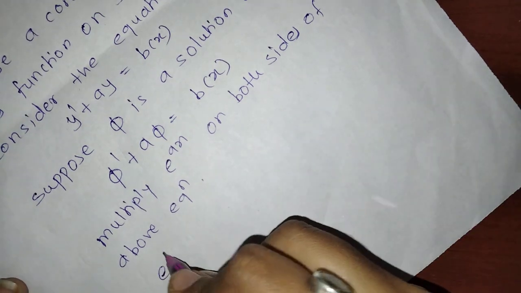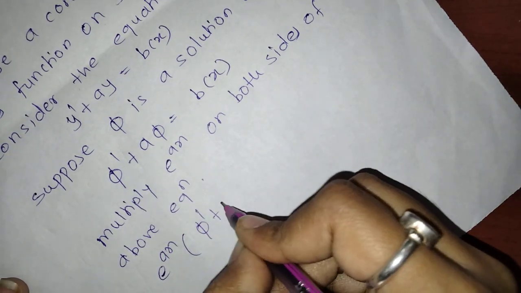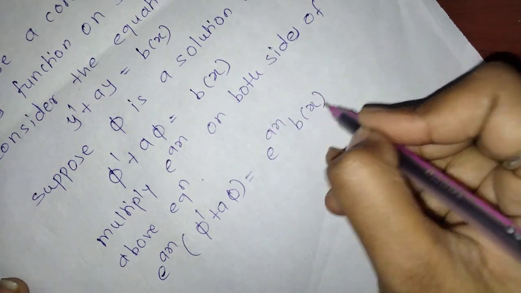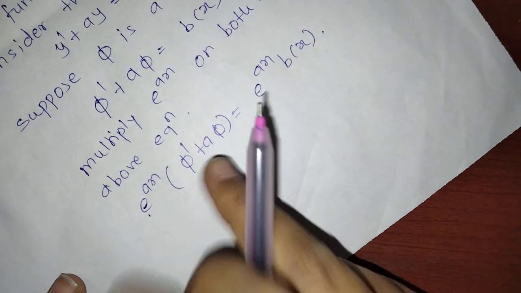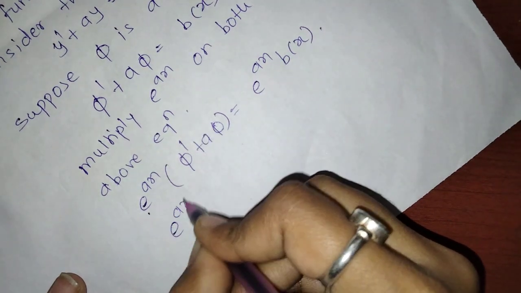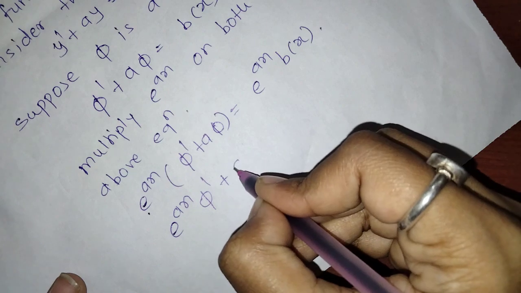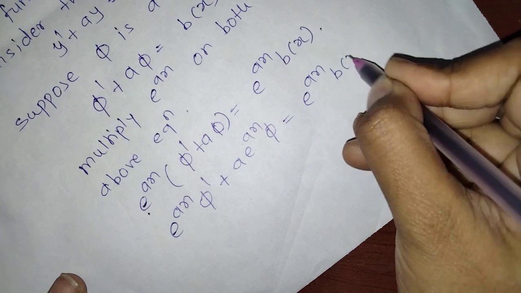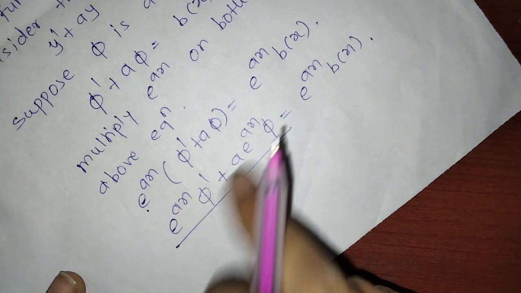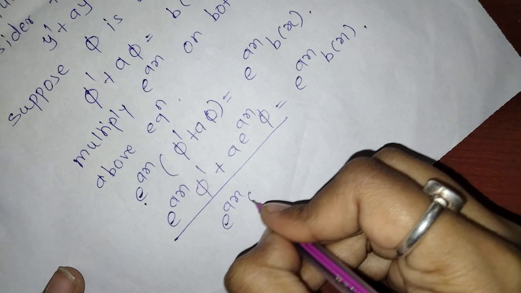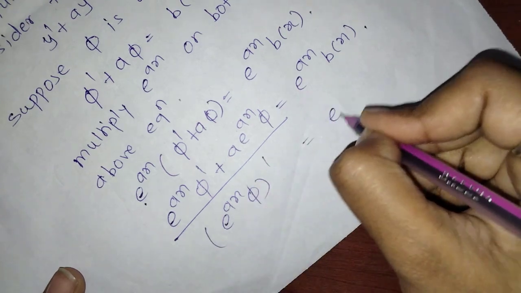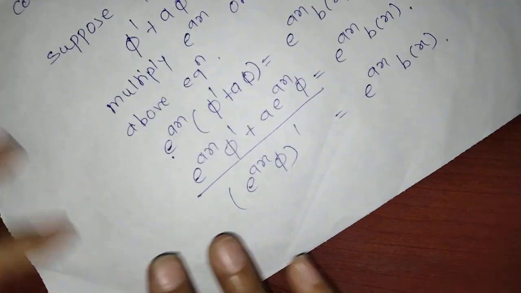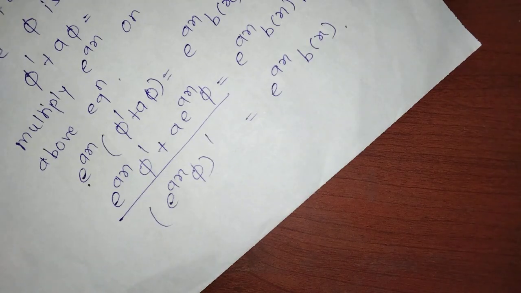We get e^x φ' + a φ = e^x b(x). Now multiply e^x to this, we get e^x φ' + a e^x φ = e^x b(x). And we know that this is the derivative of e^x φ, so (e^x φ)' = e^x b(x). Now take integration on both sides, we get